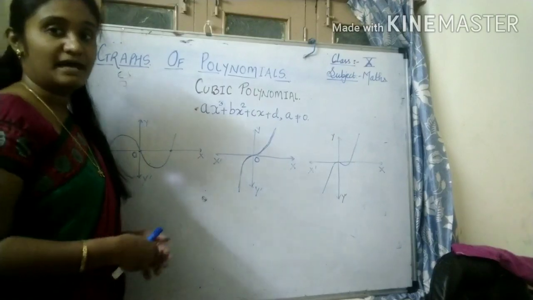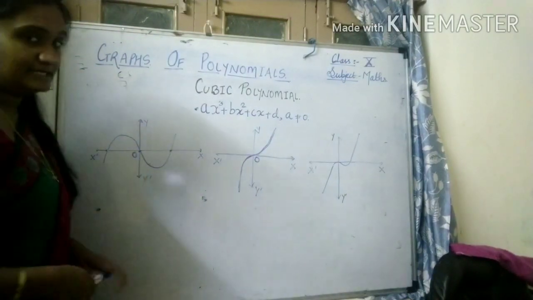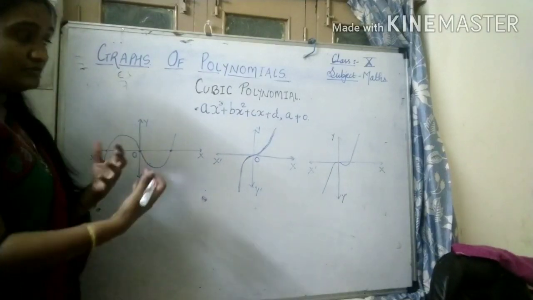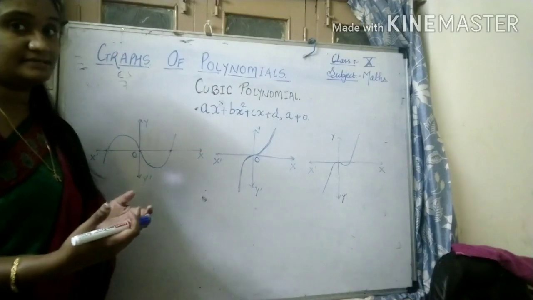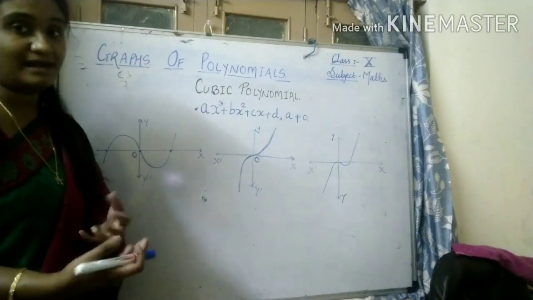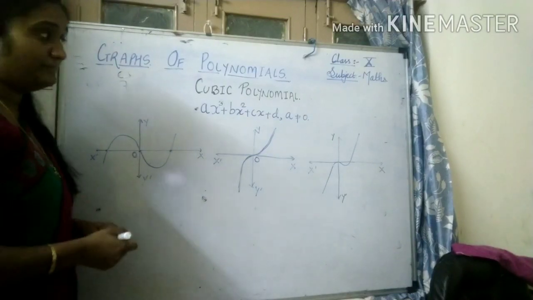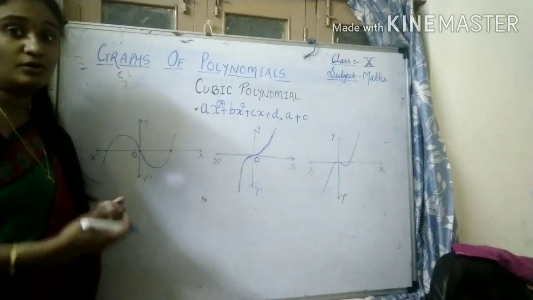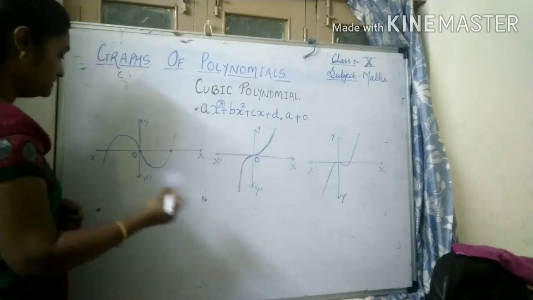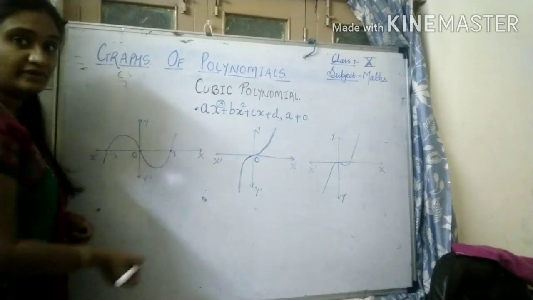In a similar manner, in cubic polynomials you will observe three varieties. Before we proceed, remember that a cubic polynomial will cut the x-axis at the most at 3 possible zeros. The possibility is that all 3 zeros are different. Different means one might be -3, another one 0, and the third one 3.